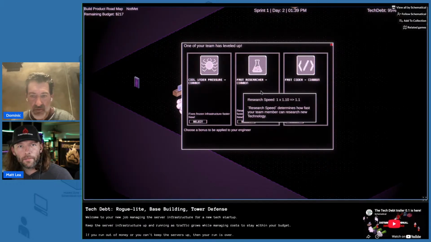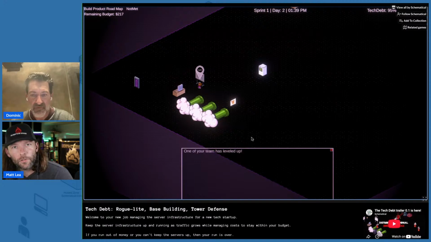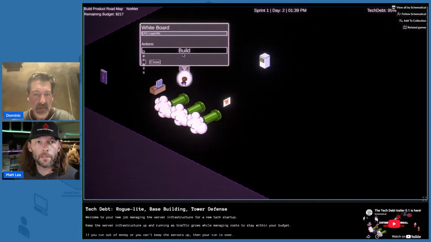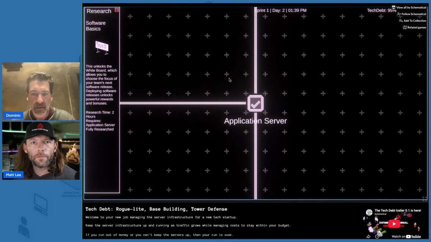I leveled up. Cooling pressure, fast researcher. Yeah, fast researcher. So you just leveled up your NPC there. Confirm. Make a little animation. The rarities are working. Oh, you've got a UI bug. That's all right, we're just gonna go past it. Forget the fact that the details are there. Can you do two fingers? It says scroll on the whiteboard.